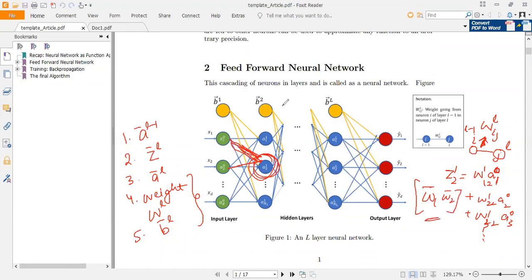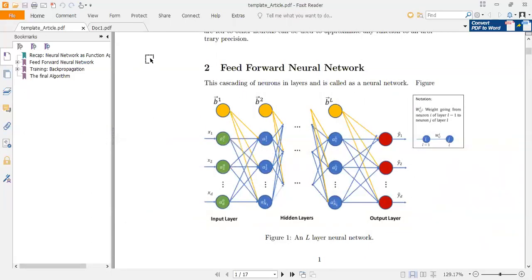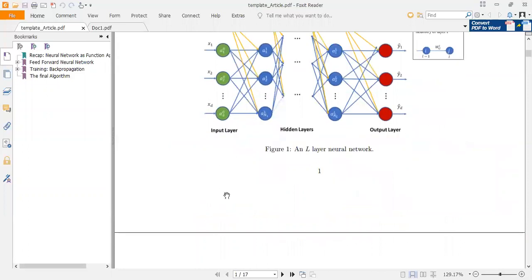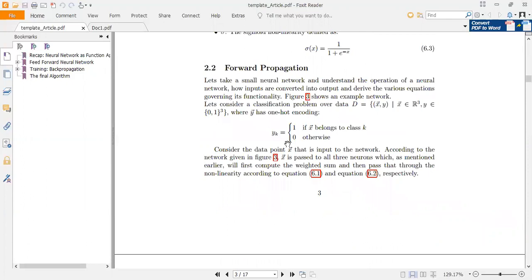Fine. So we say that with each layer there is a weight matrix. And then finally, each neuron will also receive a bias term. So we have one bias vector associated with each layer. Right? So that is what we did the last time, and then we found out certain equations for how to compute the weight vector, and how to compute the pre-activation and activation.